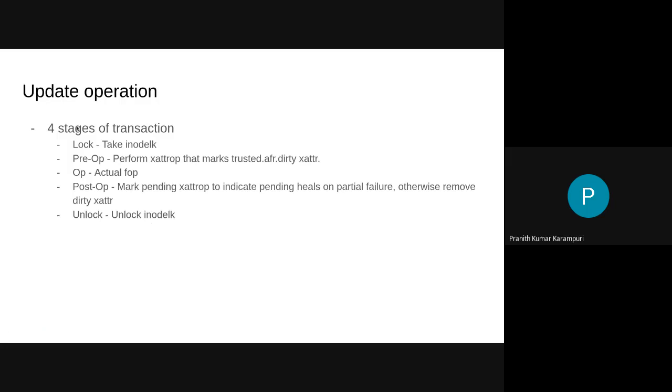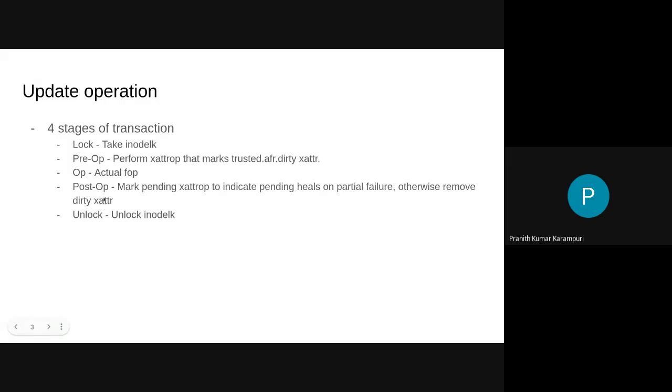One is locking, to make sure that you are the only client that is actually doing the operation on the file. Then there is pre-operation. These operations depend on the earlier sessions.